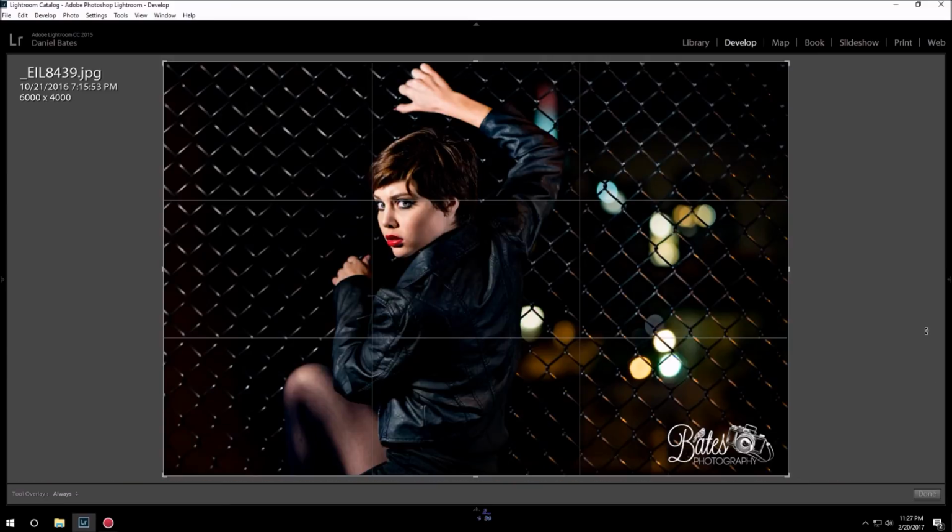All right, so here we have a perfect example of an intersecting point right here, which brings your interest to the whole thing. Obviously, this is an intersecting point of her eyes, and we're going to be brought to her eyes immediately. But not only the eyes, but this whole knee, and clearly she's climbing, and it makes you want to think like, okay, where is she going? What's she doing? Was she caught? You know, is she a criminal? Like, there's so much that this picture